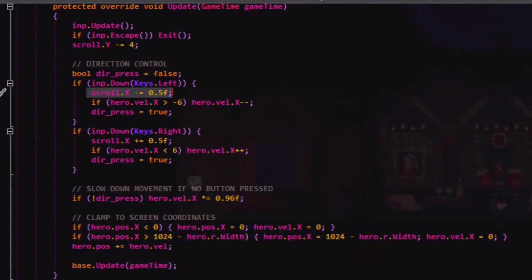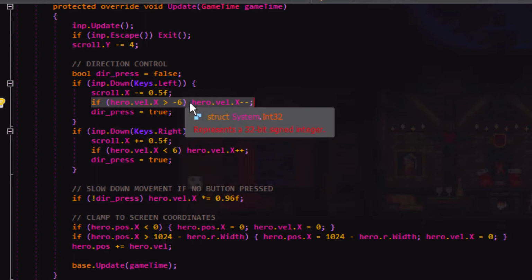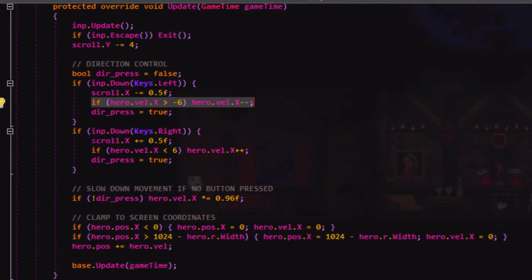I thought for the stars or the scrolling and stuff, instead of using the velocity, I'm just going to have it scroll if they're pushing the direction, just to keep things simple. If the horizontal velocity isn't too big a value, like if it's greater than -6, we allow it to go left faster, and if it's less than 6, we allow it to go right faster. So that's what's going on there. And then down here you can see we're adding in that velocity to the position in each frame.